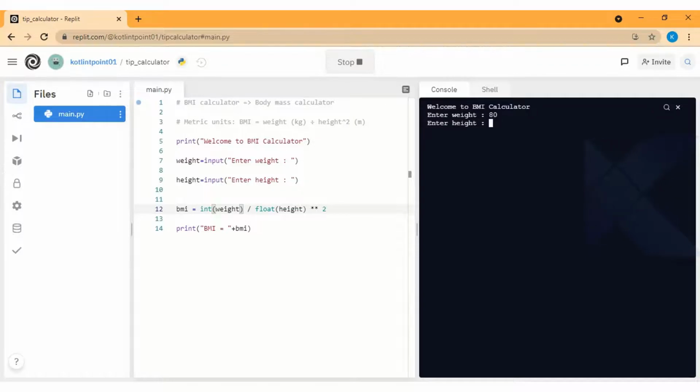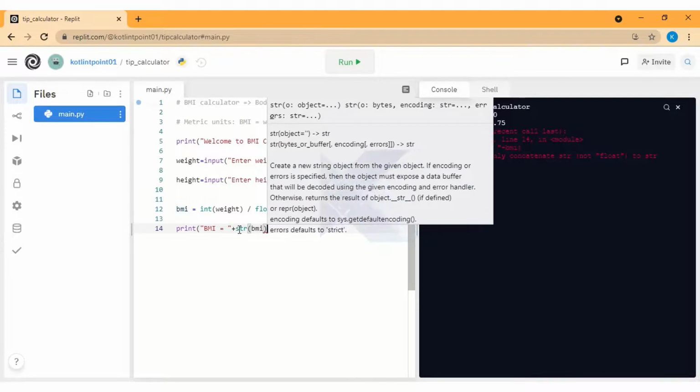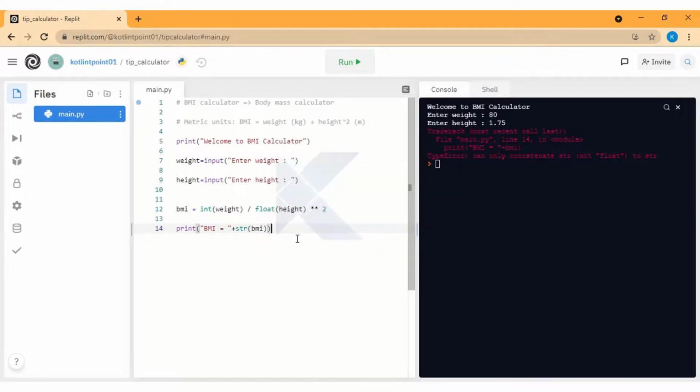And if I run this code and check the output again, 1.75 as a height, again we are getting error, but this time the error is on the line number 14. So here we have the error, BMI is kind of floating type of data, and we need in str, string, we need to convert into string type of data, then only we can print with the print function. So if I convert into string and run the program again, I type the weight 80 and height 1.75, you can see we are getting the BMI